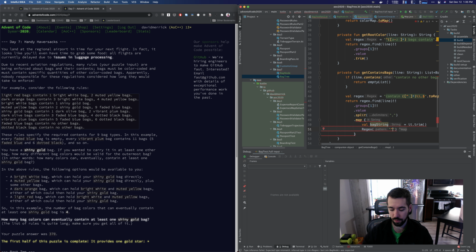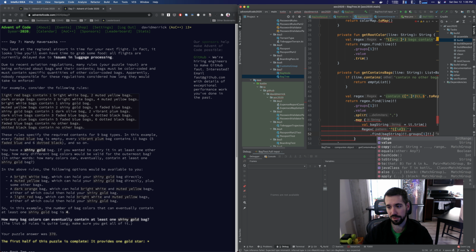And then we're going to group this in a parentheses so that we can just grab the digit, and then as soon as there's a space, then forget it. And then the regex, we need it to .find. We're going to give it this bag string, and then we want this to be .groups. It's the first group. And then .toInt,